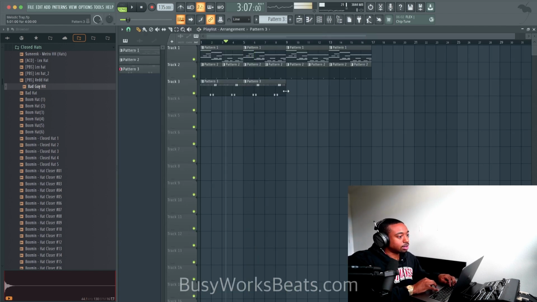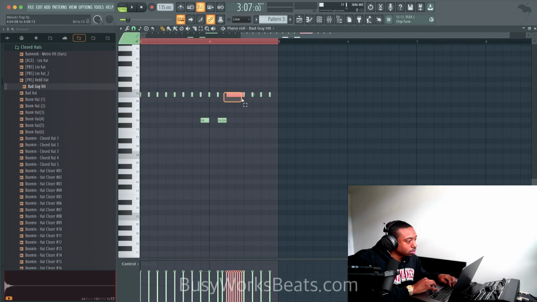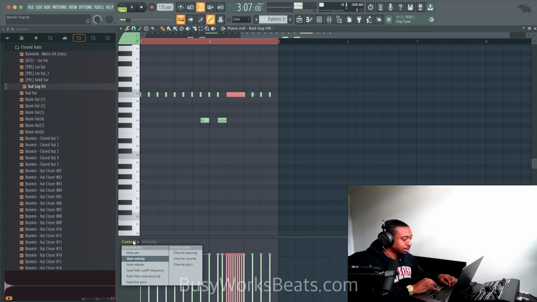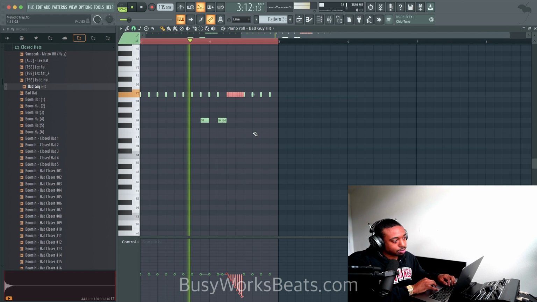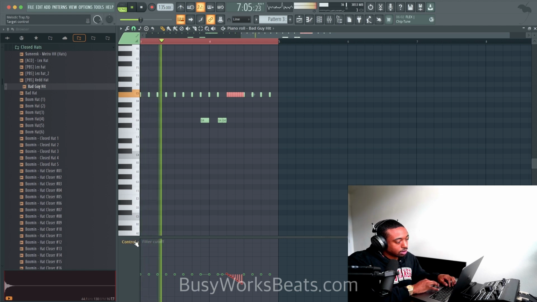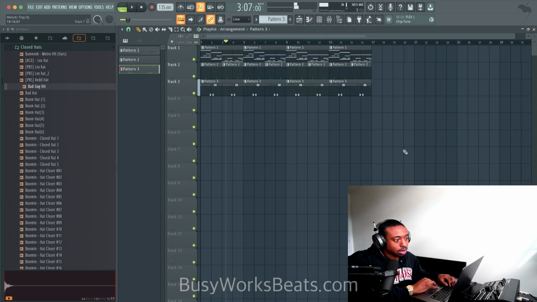Now to do the Internet Money pitch dive effect, just double click, highlight your hi-hats, hit Control, grab that ellipses at the bottom, pull this up, change this control to your note fine pitch, and then right click to do a pitch bend, like that. You can also mess with your filter cutoff, right click, go down, and then mess with the resonance and do the opposite, going up. That gives you that lasery sound to it.